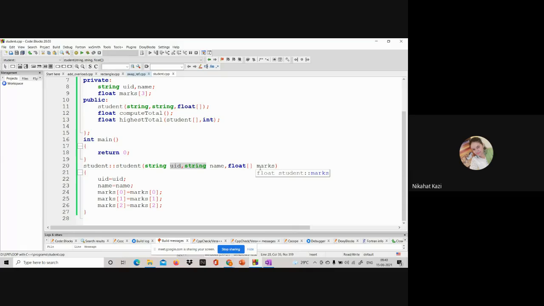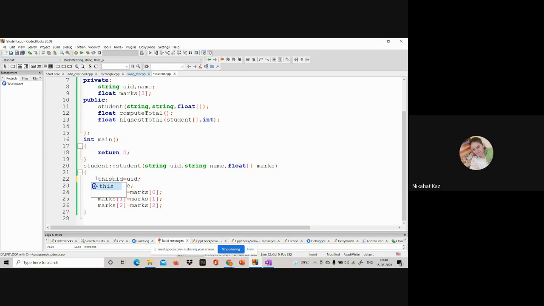Instead of writing U, N and M, it is easier and more natural for me to write the same data member name. So what is the way around this? I make use of a special pointer called the this pointer. This pointer is a keyword. It refers to the current object which is getting initialized, or the current object which is calling some method.